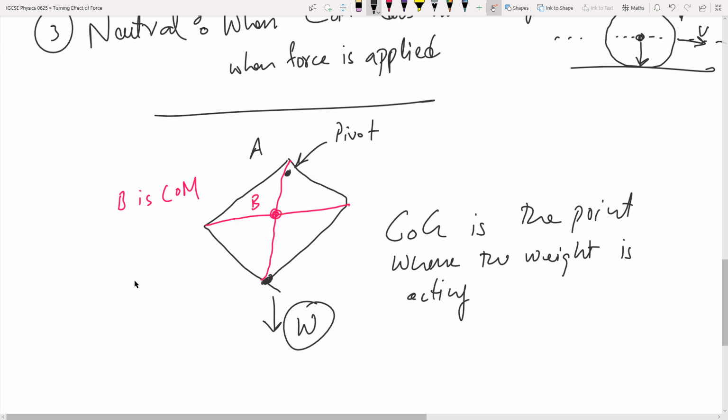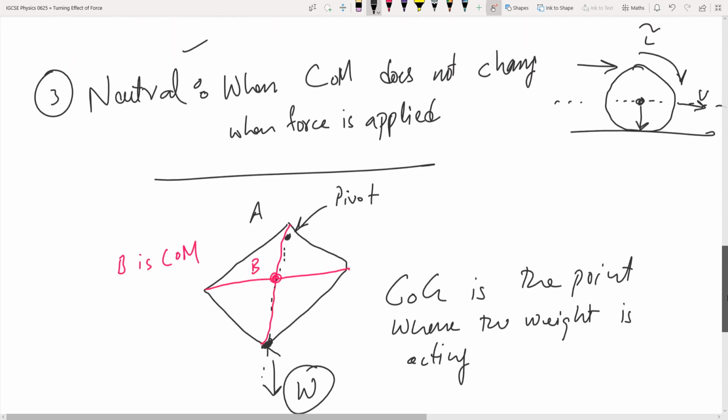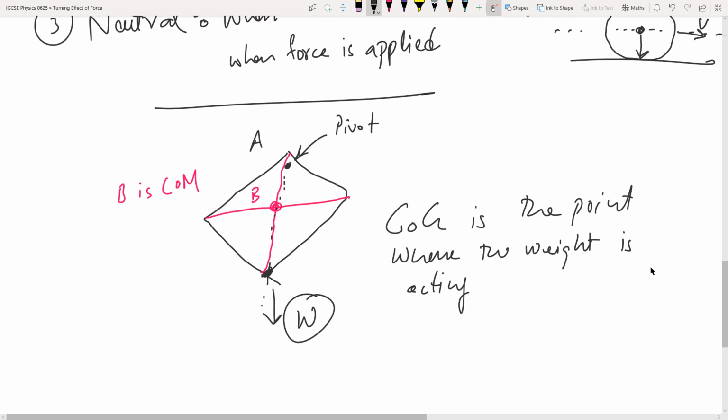Understand this, that the object will always rotate if the center of mass and center of gravity are not in the same line, although I tried to draw them to be in the same vector line, the same line of action. Again, if any force is not across the line of action, we understand it will create a rotation. For example, we have an object which is like this, and somehow we just elevated this. This is the pivot,